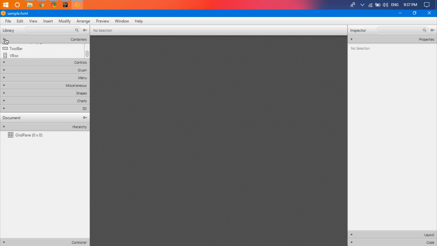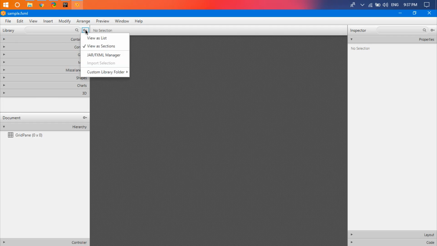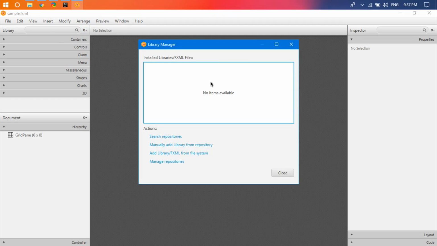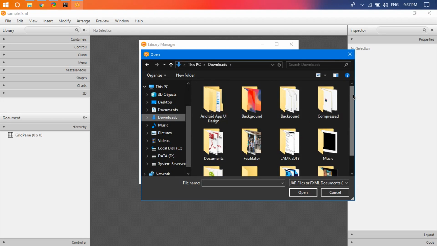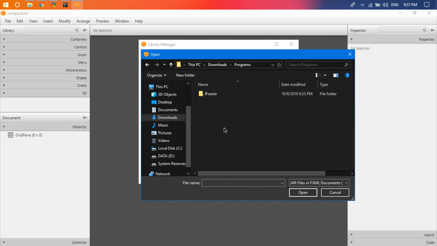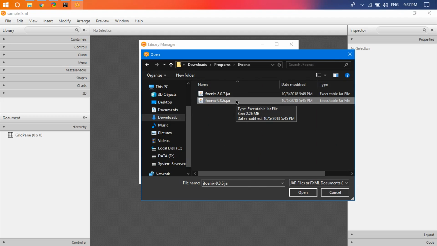So when we want to import JPhonics library here, we select here on the tool icon, select jar or FXML manager, and here we choose add library from file system, and we can find our JPhonics file here, open,